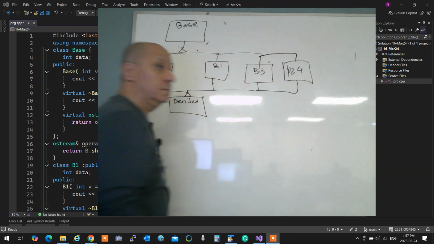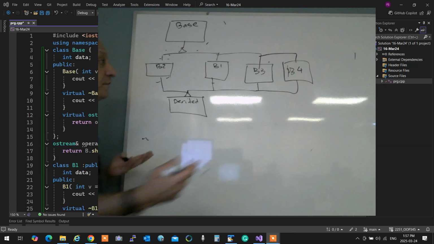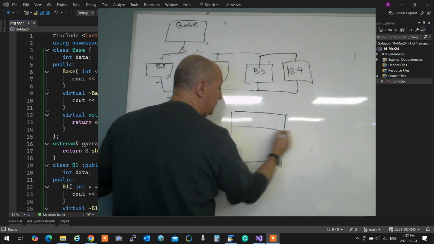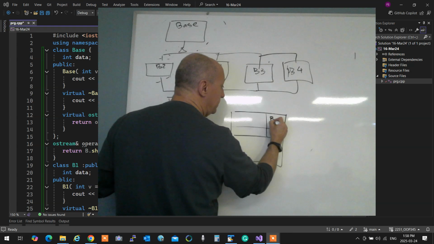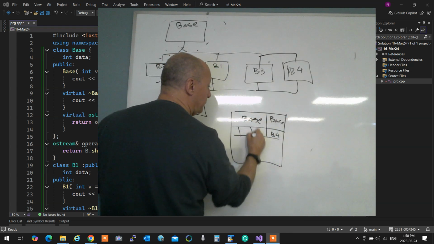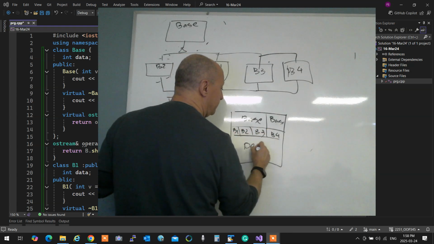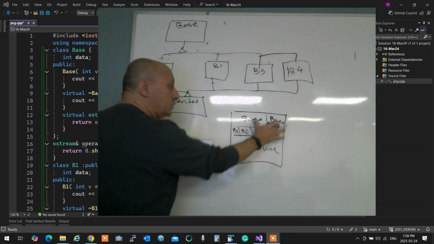What are you going to do now? What if you want your object to get instantiated like this? B4 with a base and a base for these three and derived. What if you want these two to share a base?